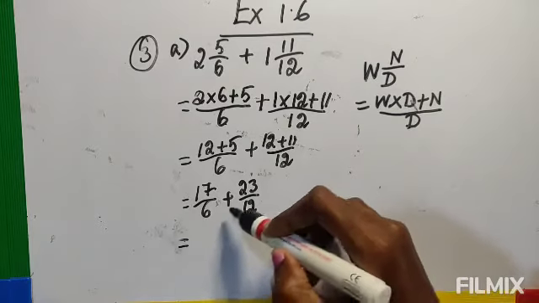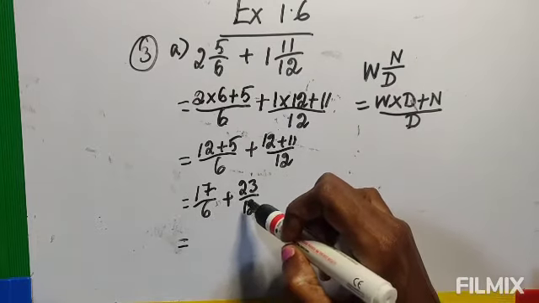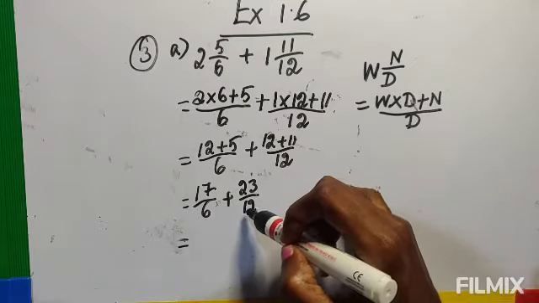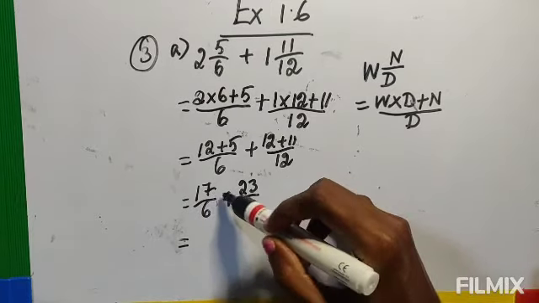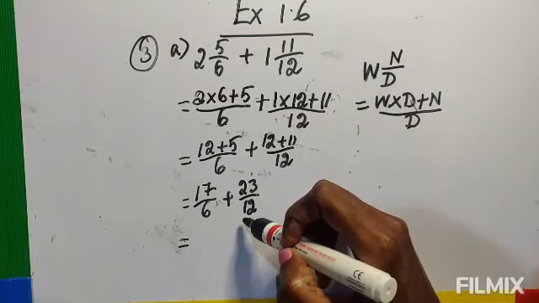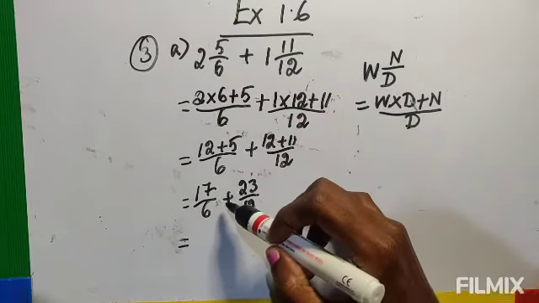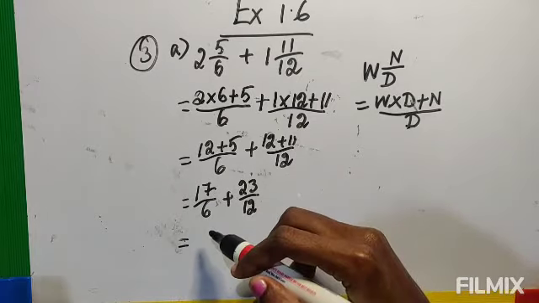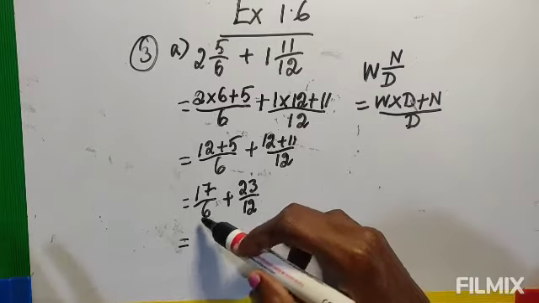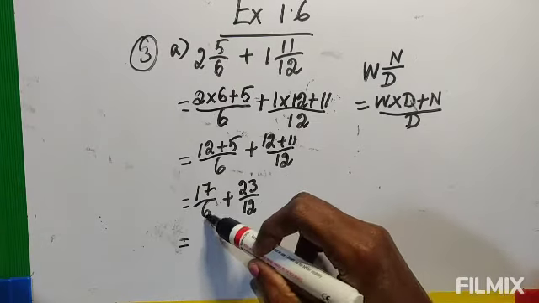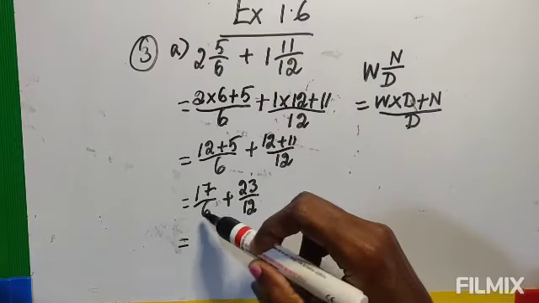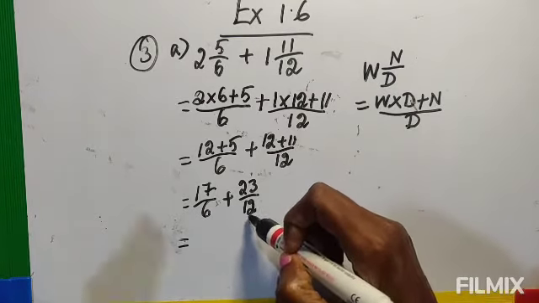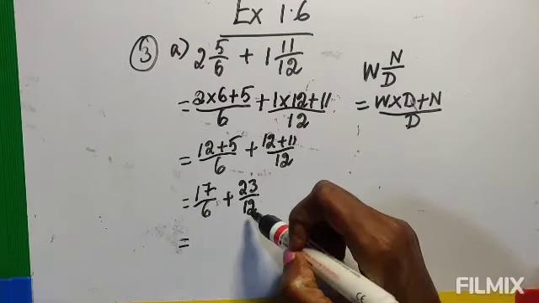First I told you to do the cross multiplication, but sometimes it will be a bigger number. Now you see 12 and 6, if you do the cross multiplication, 17 into 12, you will get a bigger number. That's why I told you to find the HCF, which makes it easy. Otherwise, by looking at the numbers themselves we can find out. Here 6 is there, here 12 is there. In the 6 table, 12 is coming, isn't it? In the 12 table, 6 doesn't come, but in the 6 table, 12 comes.